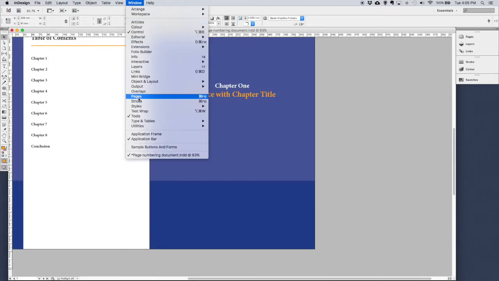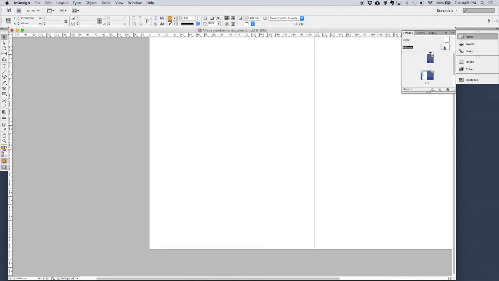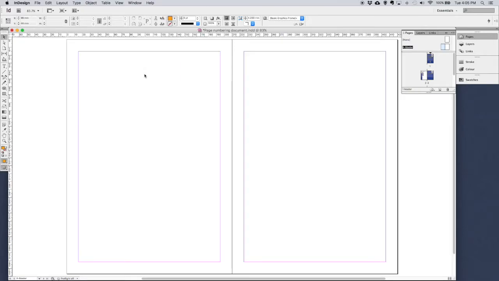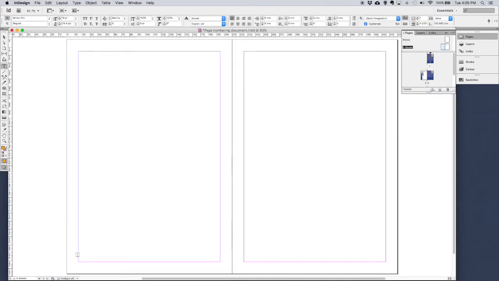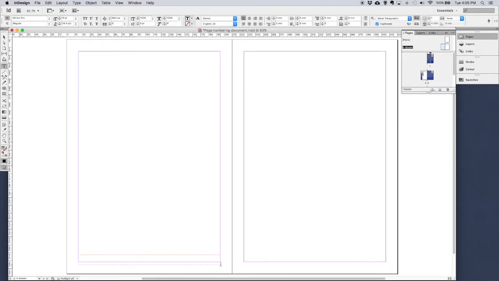You want to go to Window, Pages, and then choose the A master. Double click on the little icon. I want to put my page numbers in the bottom left and right corners. To show guides, just to help with the layout, press W on your keyboard. Grab the text tool and draw a text box, probably all the way across the page for the moment, and